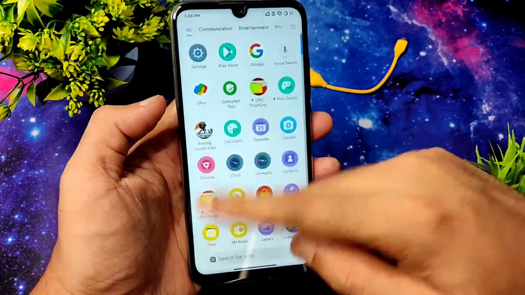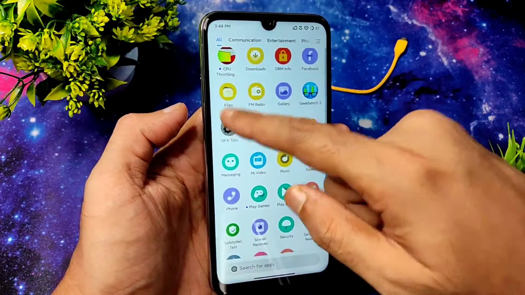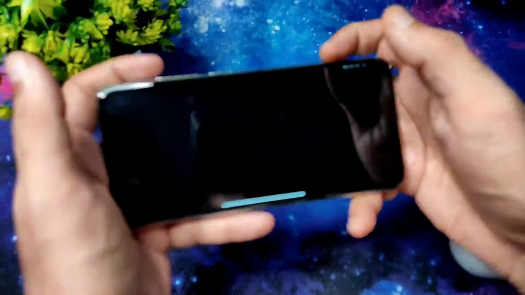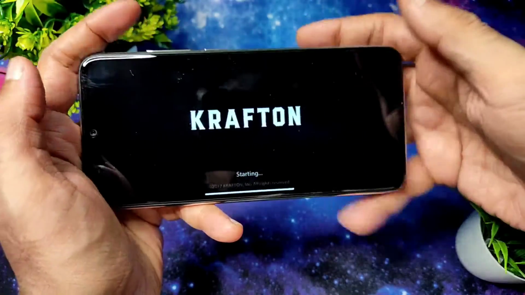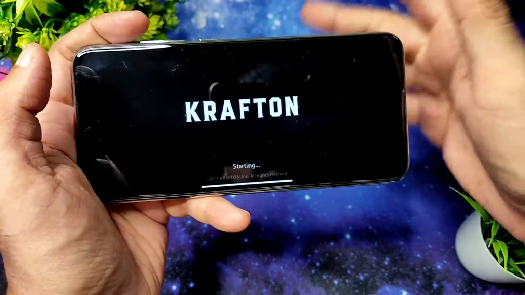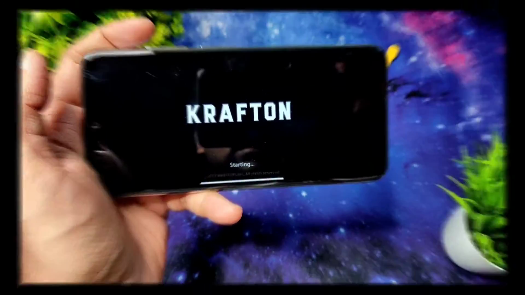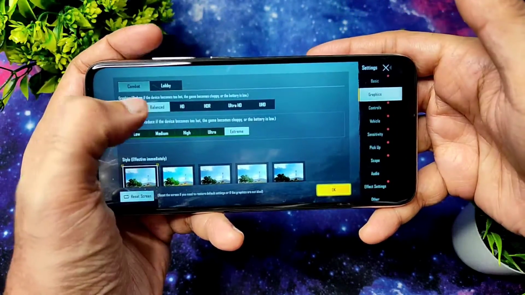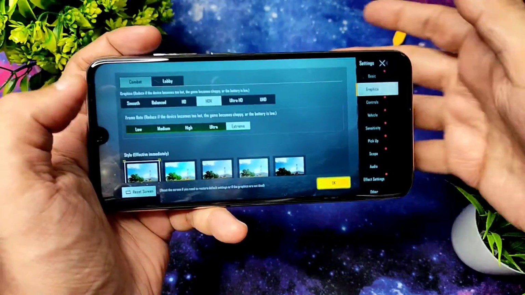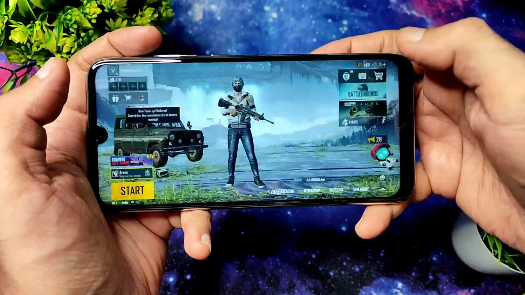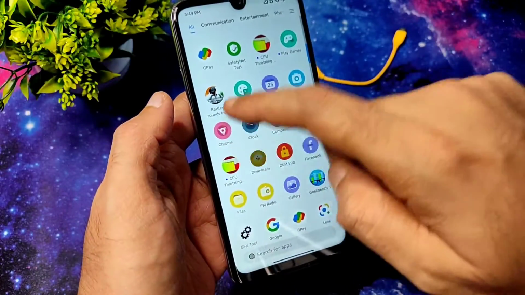And coming to BGMI, I am using GFX tool in this ROM since it's Android 10, and thermals are also good in this ROM, no overheating. So hence I opened it with GFX tool. And you need to add it into the Game Turbo mode, then you will get this option. And coming to BGMI settings, here I have enabled using GFX tool. As I said, smooth plus extreme, balance plus extreme, HD plus extreme, HDR extreme. Until that you can play, but my recommended setting is smooth plus extreme. It's fine. The BGMI is also fine. No throttling also. I will be testing it out right now.